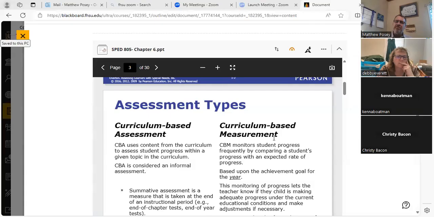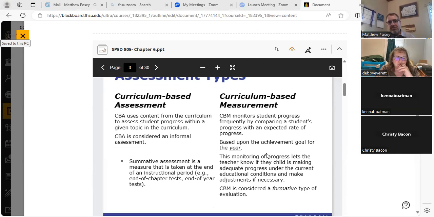Okay, so I'm going back. This particular slide deck shares both CBM and informal. So I'm backtracking just for the purpose of talking a little bit about CBMs, their purpose, what they do, what we're going to be looking for. Frequency measurement is basically an instrument that monitors student progress frequently. And so part of this assignment that we're going to slide into after the norm reference is we're asking you to